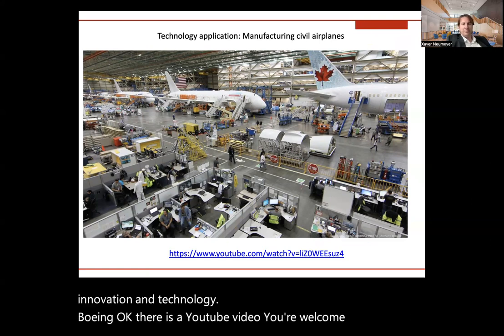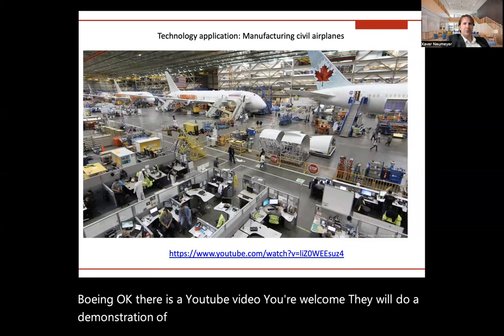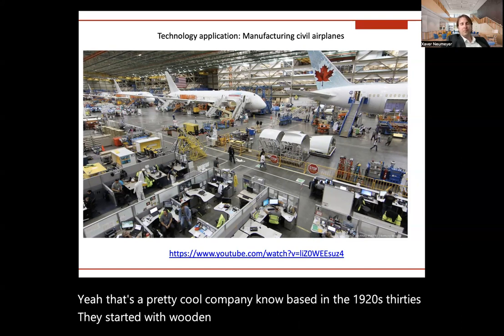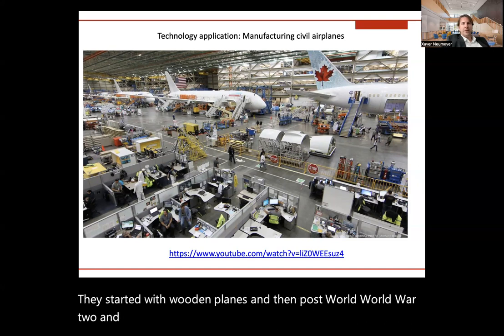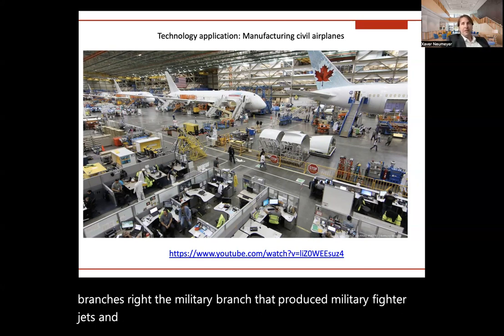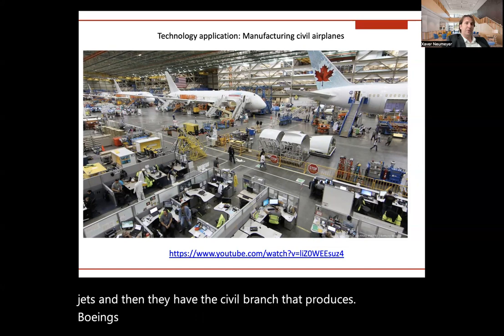They will do a demonstration of how Boeing produces their planes. Yeah, that's a pretty cool company. Based in the 1920s, 30s, they started with wooden planes, and then World War II and post World War II, they built these two different branches, right? The military branch that produces military fighter jets, and then they have the civil branch that produces Boeings for people to fly throughout the